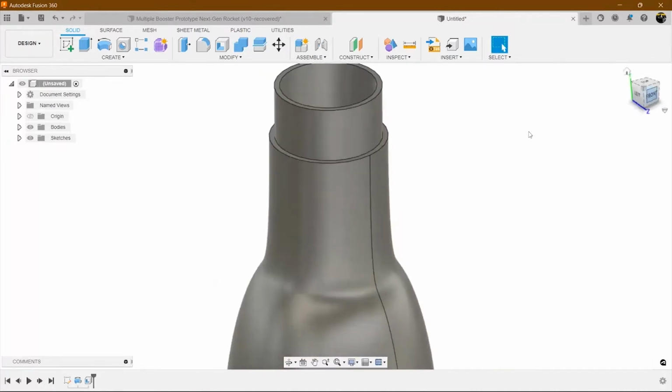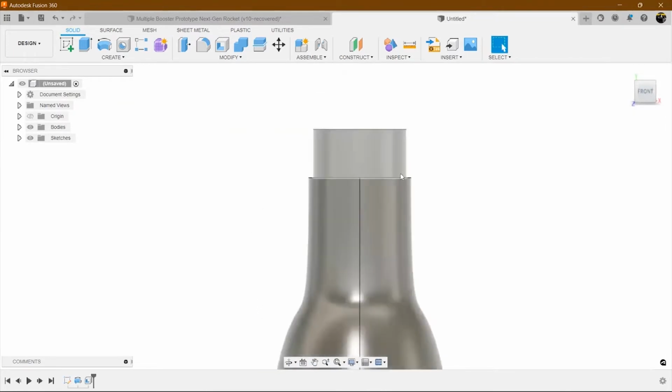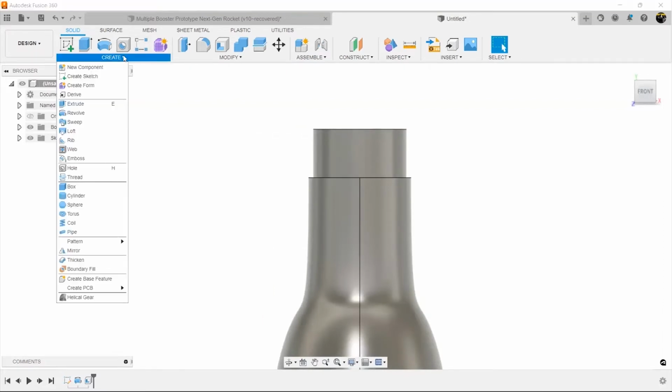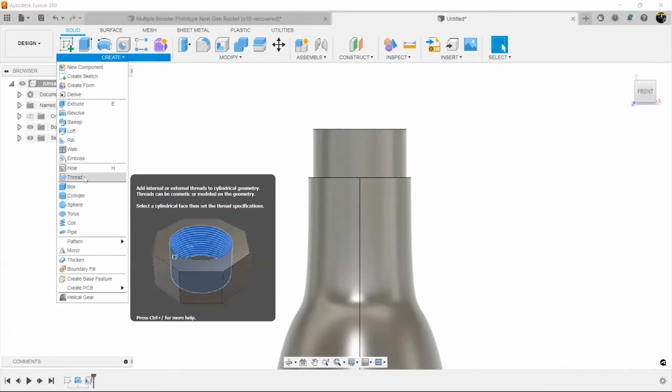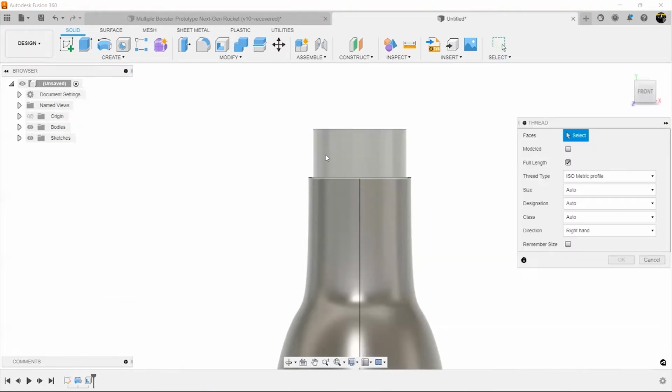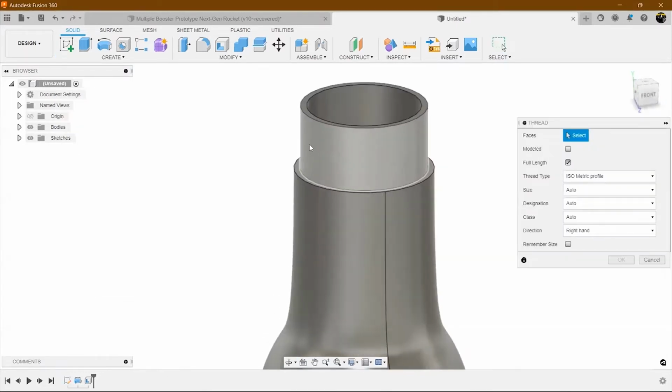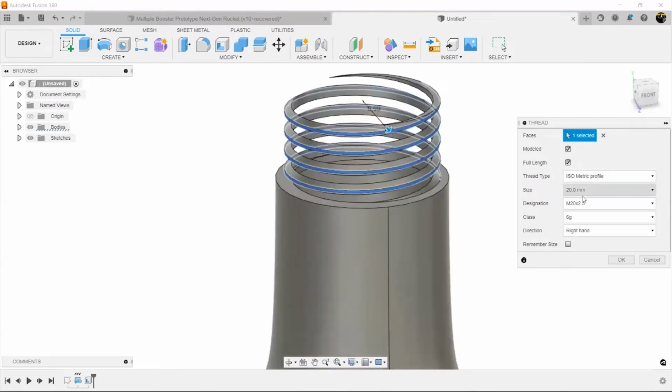And then we will make the threads of the cap. So we click here on create, we click on thread, we click on the surface that you want the thread on, and then you can leave it like that with this texture, or if you would like, you can click here on model and you can, oh my gosh,